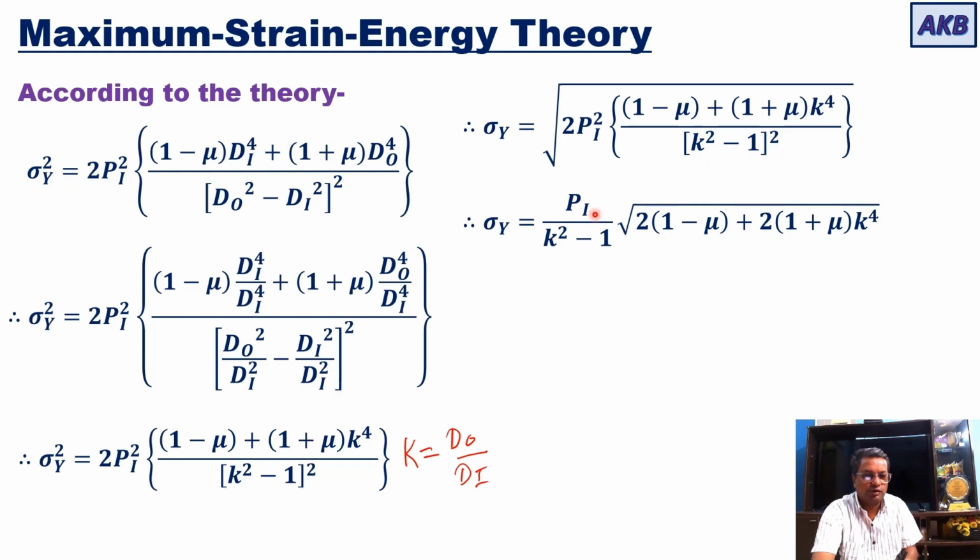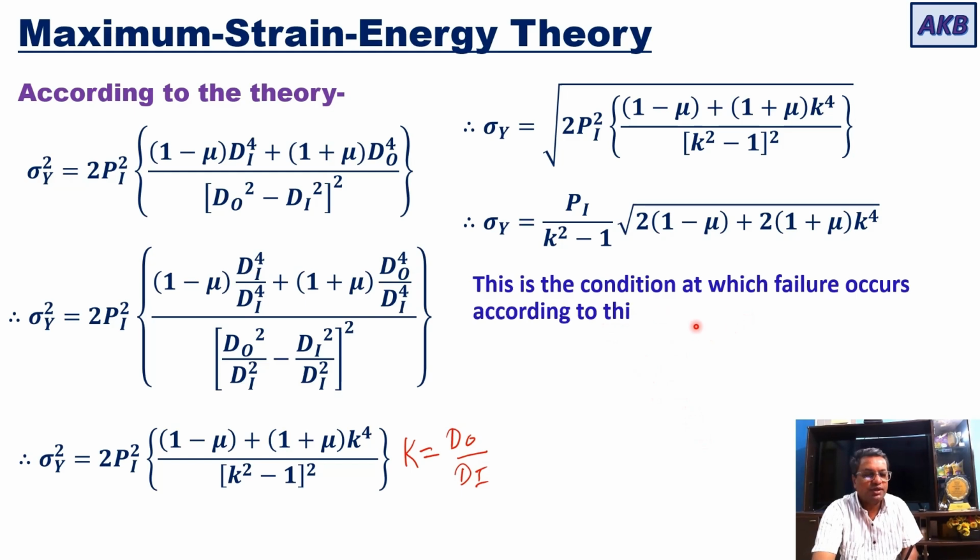So you have pi upon k square minus 1 into under root of 2 into 1 minus mu plus 2 into 1 plus mu into k raised to 4. So this is the condition at which failure is going to occur in the material according to the maximum strain